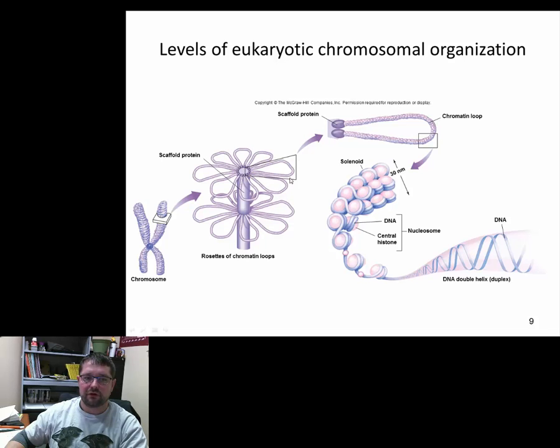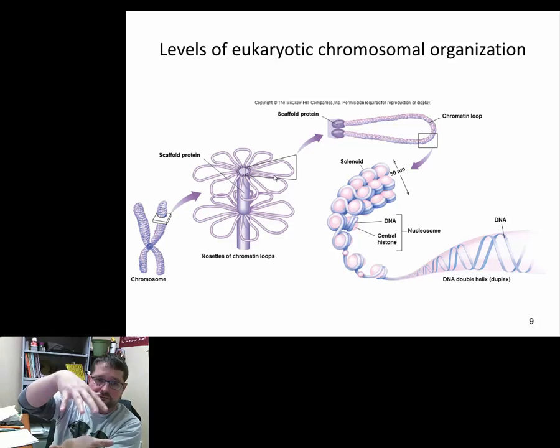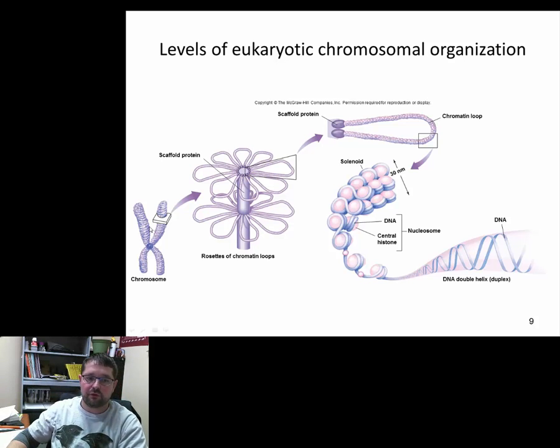You get these rosettes that form, and then those rosettes squish together to form the typical chromosome look. So a lot of protein is mixed in to form these chromosomes. It's not all DNA, not all genetic material. There are a lot of associated proteins even on the outside of chromosomes